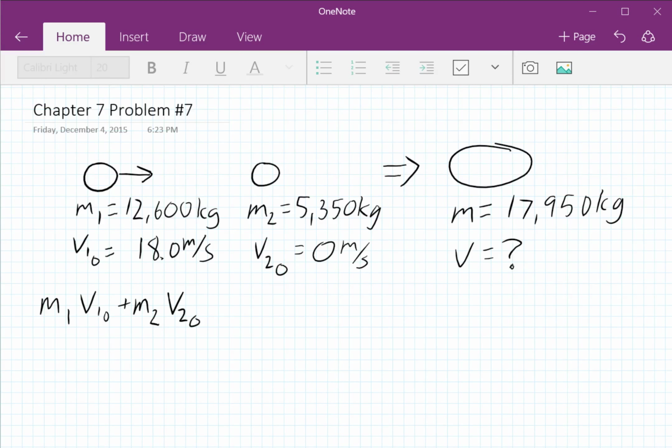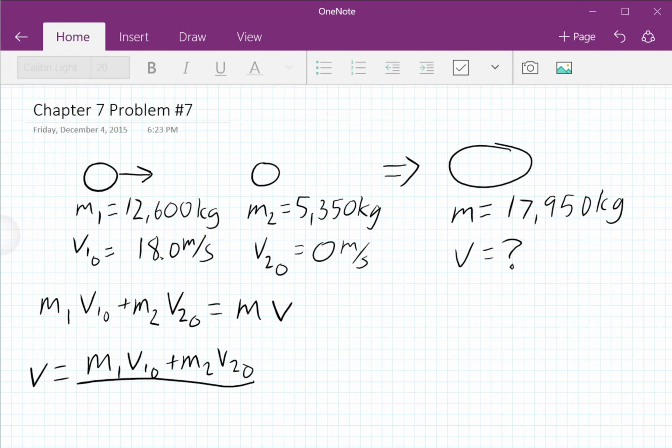Okay, so I'm going to do the object, and then I'm going to write final or initial afterwards. And then that would equal the mass times the velocity. I have to divide the mass over so I can get the velocity isolated. M1 V1 initial plus M2 V2 initial, all divided by the combined mass. So V would equal